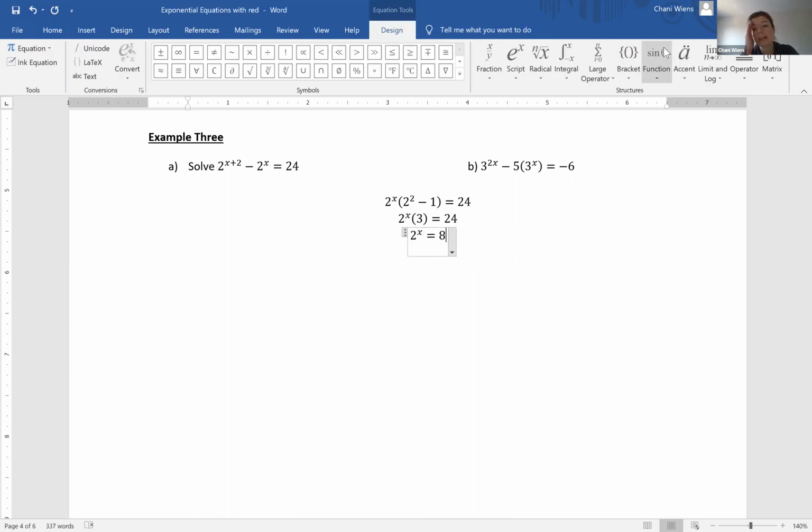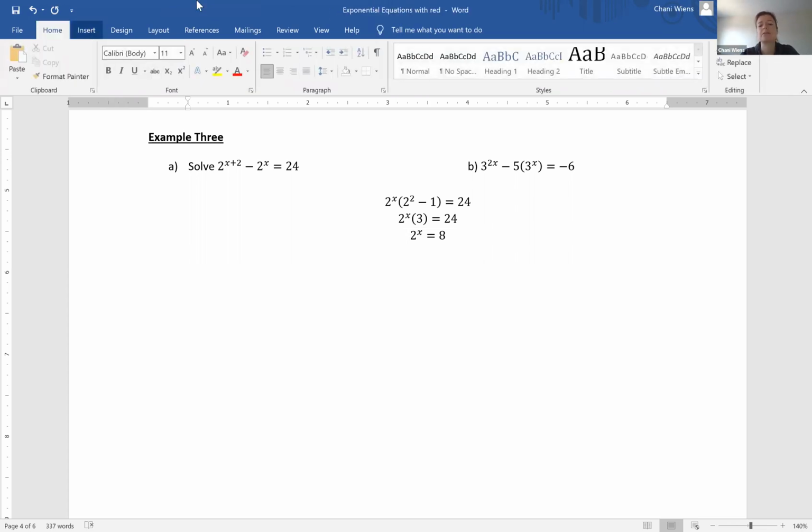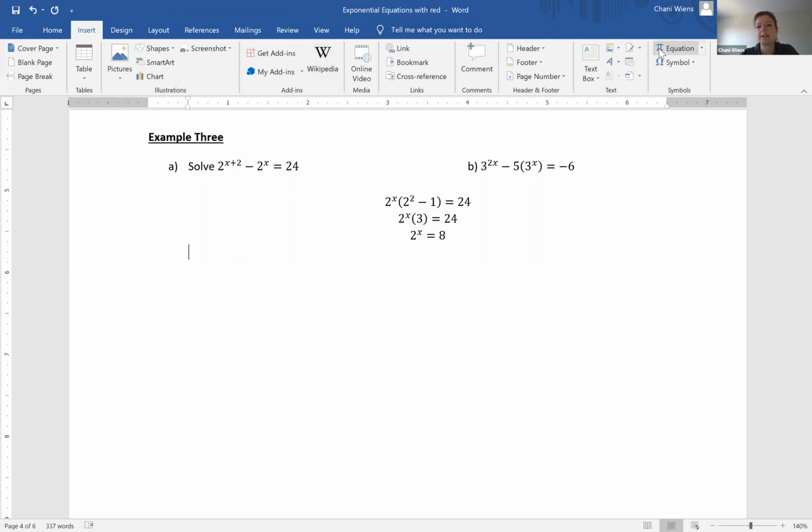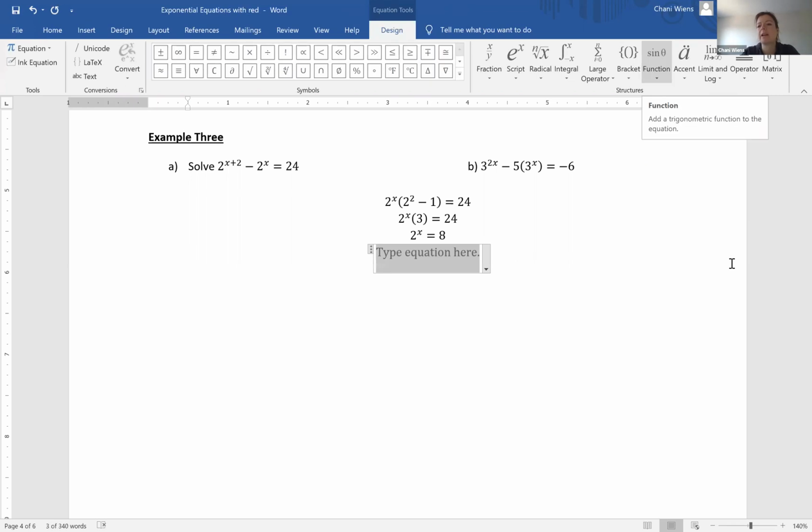And now I can solve. Now, this one is pretty easy to eyeball. Okay, 2 to the power what equals 8? The answer is 3. However, if A, your brain wasn't functioning and you forgot that, or if this was a